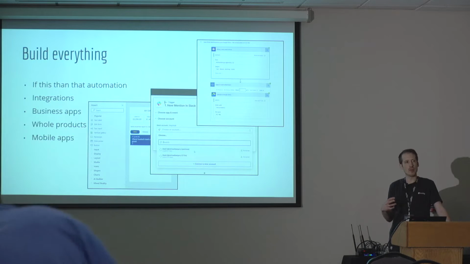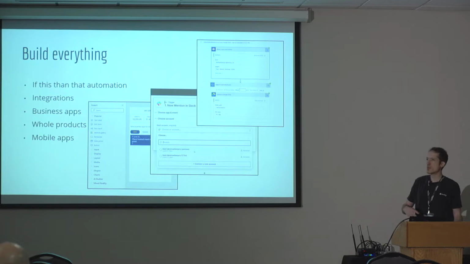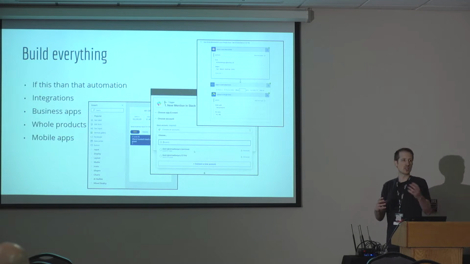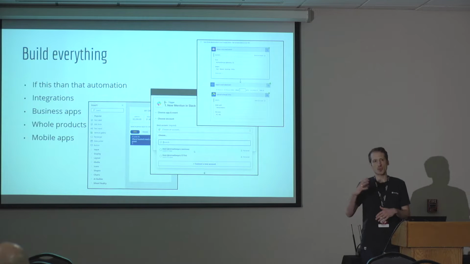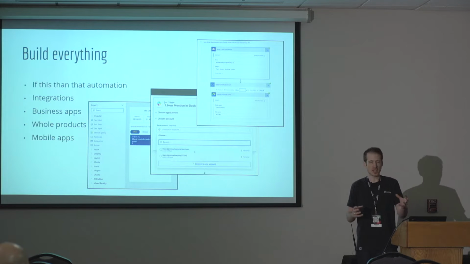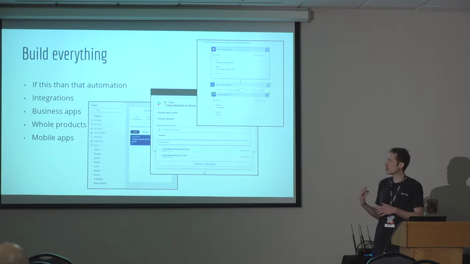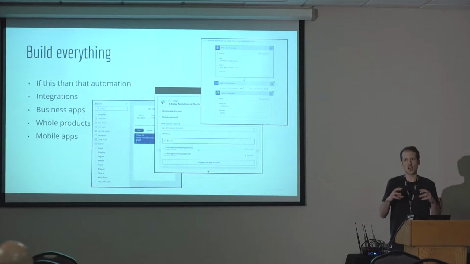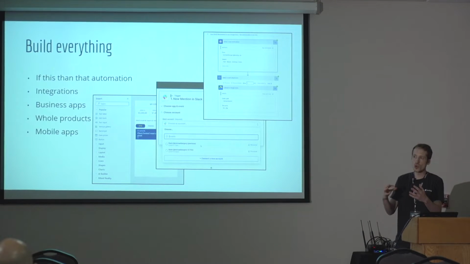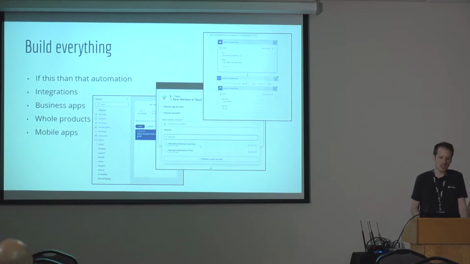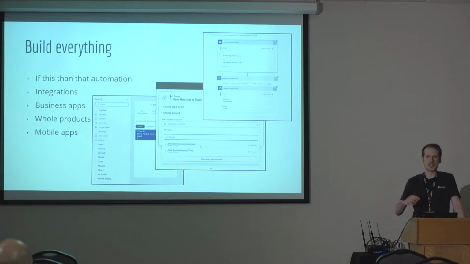In terms of what people are building here, there are a whole bunch of things, and we'll see concrete examples. People are building small automations. So if something happens in my email, or if somebody uploads a file to SharePoint, then do something else. They plug things together. They also build business applications that facilitate a specific workflow, and you'll see examples of that in a moment. And it's all drag and drop. These platforms have really matured in the last few years, which makes this a reality. So people are using these applications, and it's growing within the enterprise.